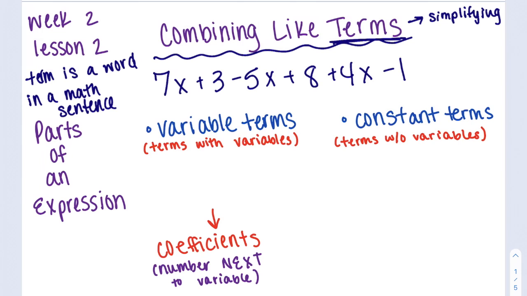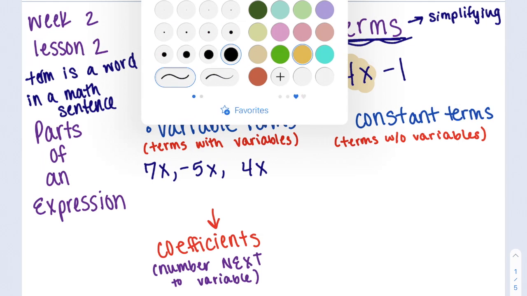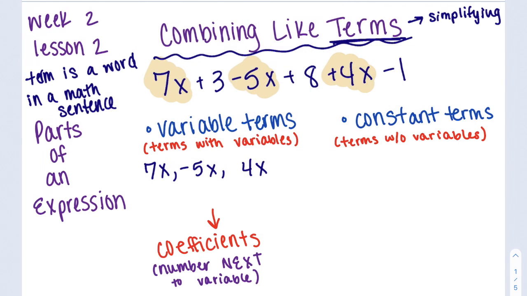So there are things called variable terms. An example of a variable term would be 7x. It has a variable on it. Notice when I'm saying it out loud, I'm not just saying 7 and x, it is 7x. They are together. Another variable term would be the minus 5x or 4x if I'm looking at the example above. These are all of the terms, all of the words in my math sentence that are separated by plus or minuses